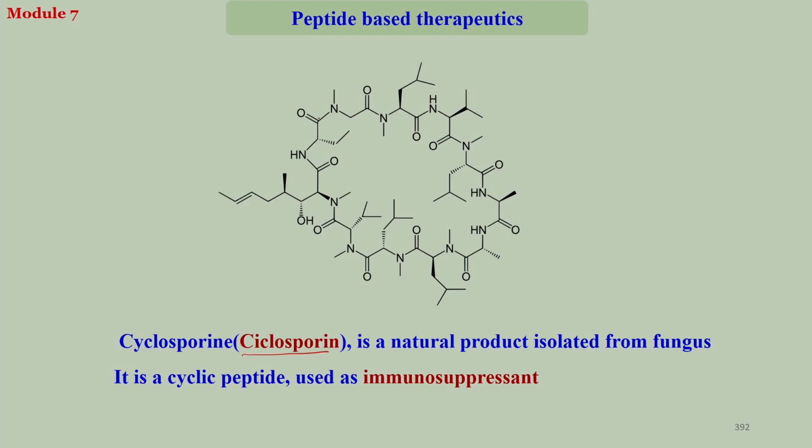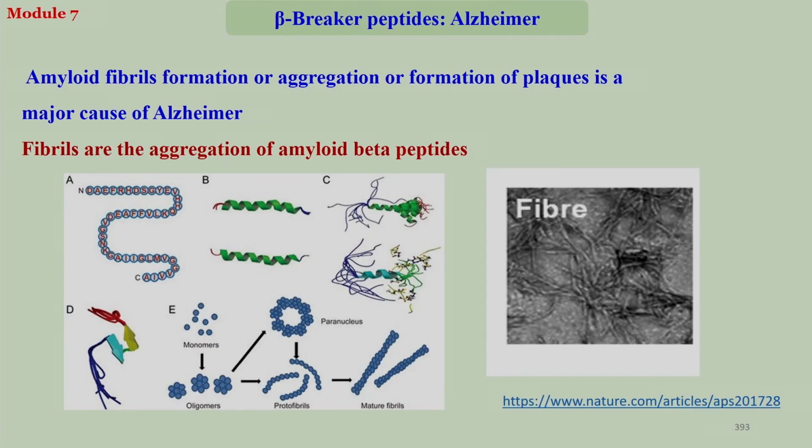This is basically a cyclic peptide with a modification. Cyclic peptide, this is not only a synthesized peptide, this is also a natural product. It is obtained from a natural source, from a certain fungus, and that is used as an immunosuppressant drug. And very importantly, nowadays a very hot topic